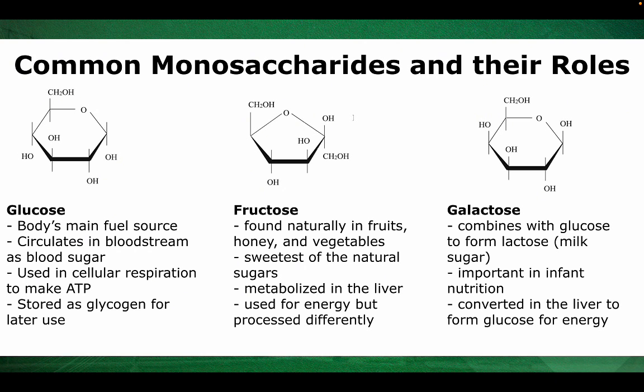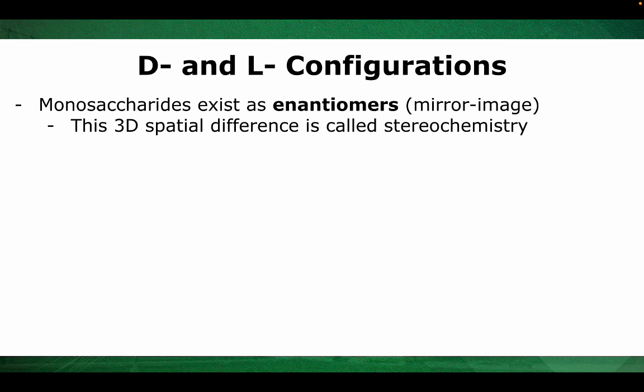So these monosaccharides might look similar chemically, but they have different roles in metabolism and nutrition. They are essential building blocks for energy and for making complex carbohydrates. So when you think about carbohydrates, not just sugar in a negative way, but think of vital molecules that power your cells. Now that we understand the basic structure of monosaccharides, let's talk about another really important detail,